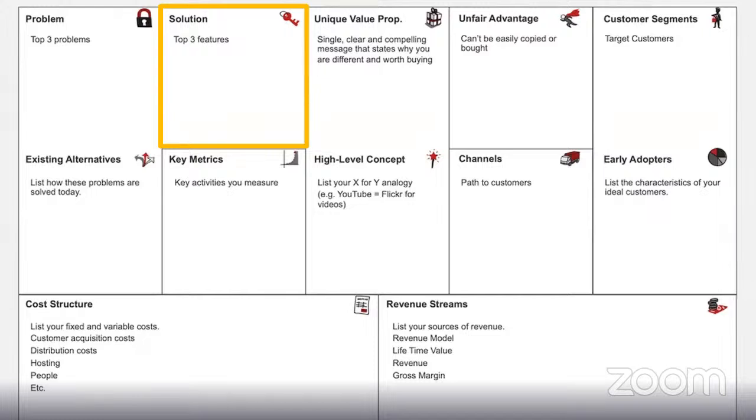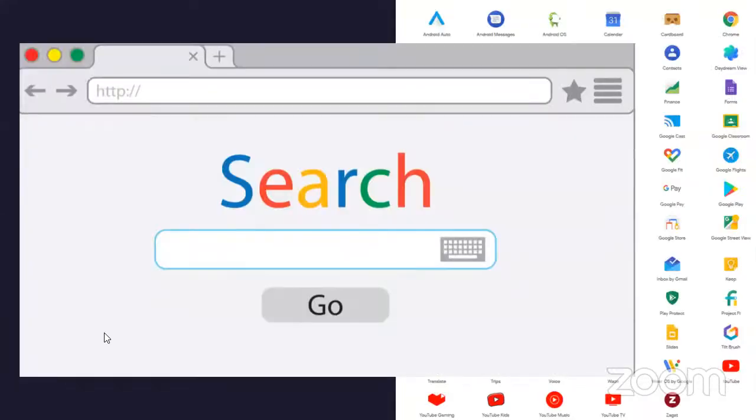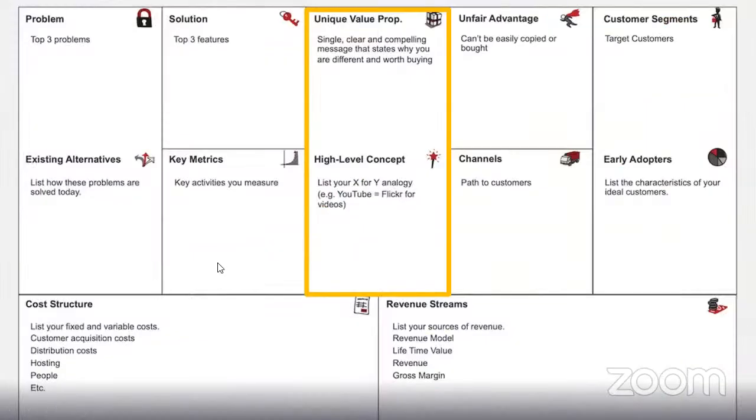Okay, so which gets us to the most important box from my point of view, which is the unique value proposition. Okay, Mira, I have a question regarding the competition. Okay, we can answer the competition questions, but at the end, not now. Okay, for the unique value proposition,